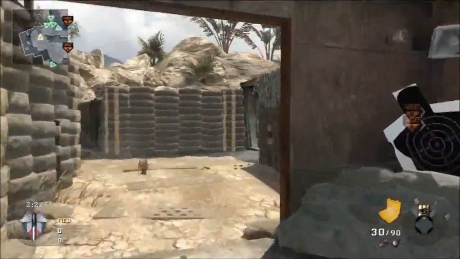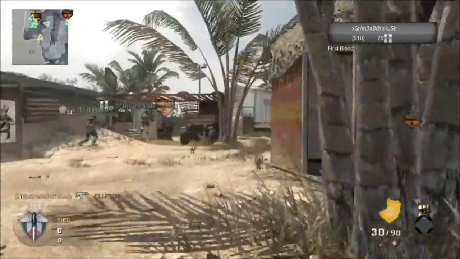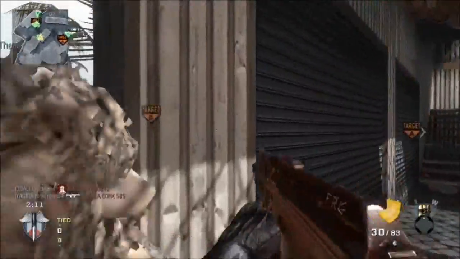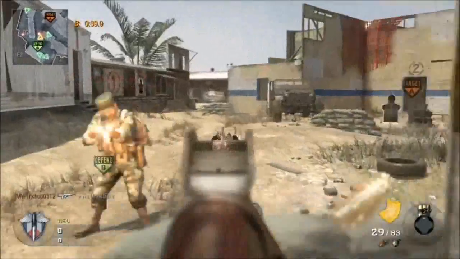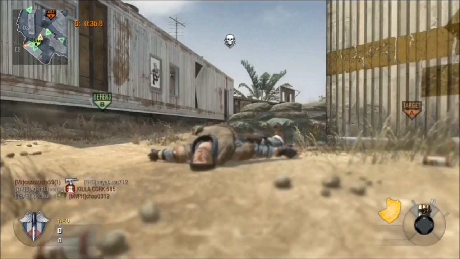So we're going to get into this, and as soon as the loading film is done, got some Demolition, and still running the AK-74U with the flak jacket, steady aim, and hacker, and that's basically a nice rushing class if you want to,